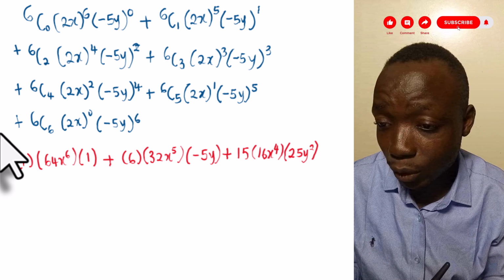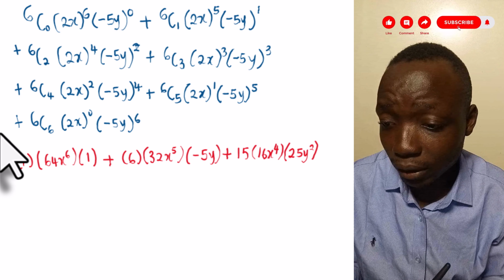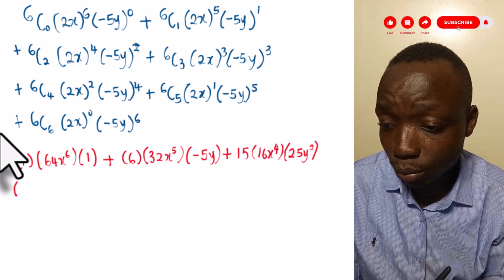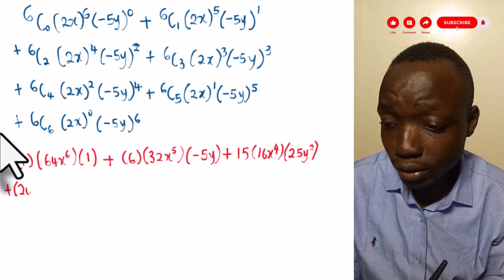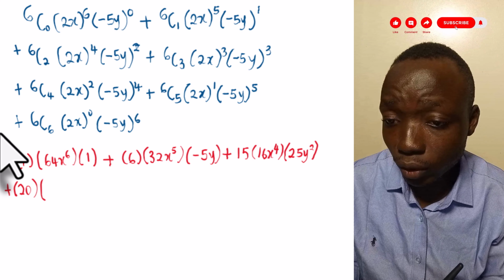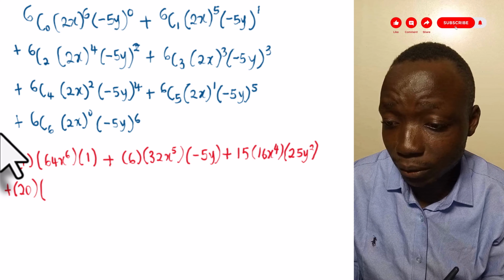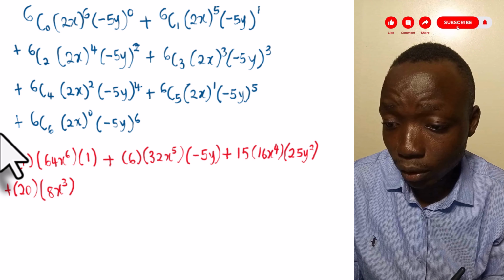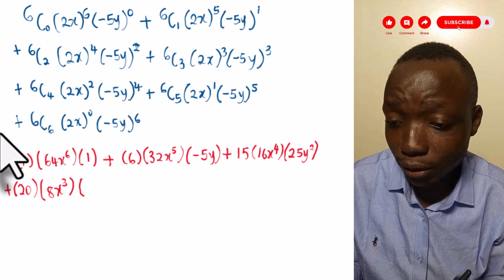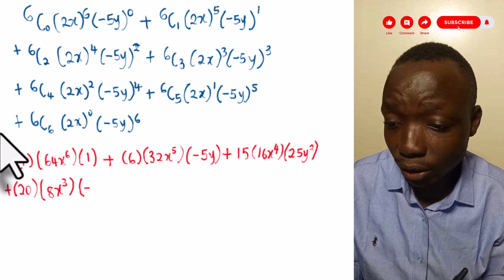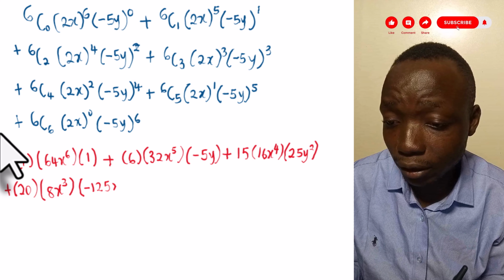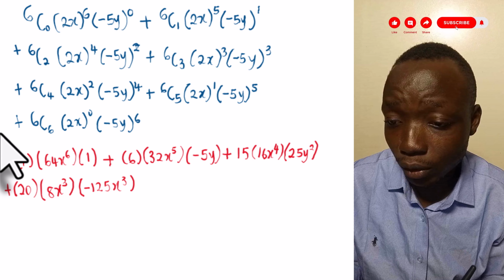Now the next one is 6 combination 3, that is 20, so plus 20, 2x raised to power 3 is 8x cubed, minus 5y raised to power 3 is minus 125y cubed,